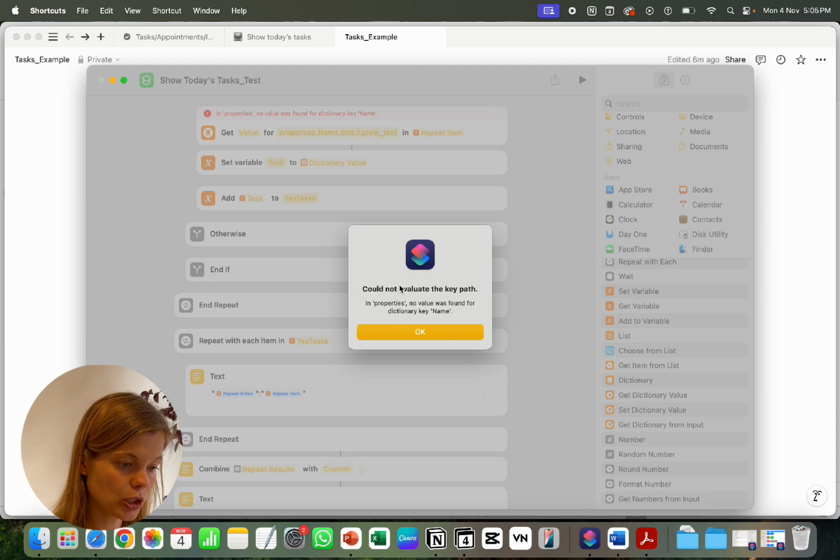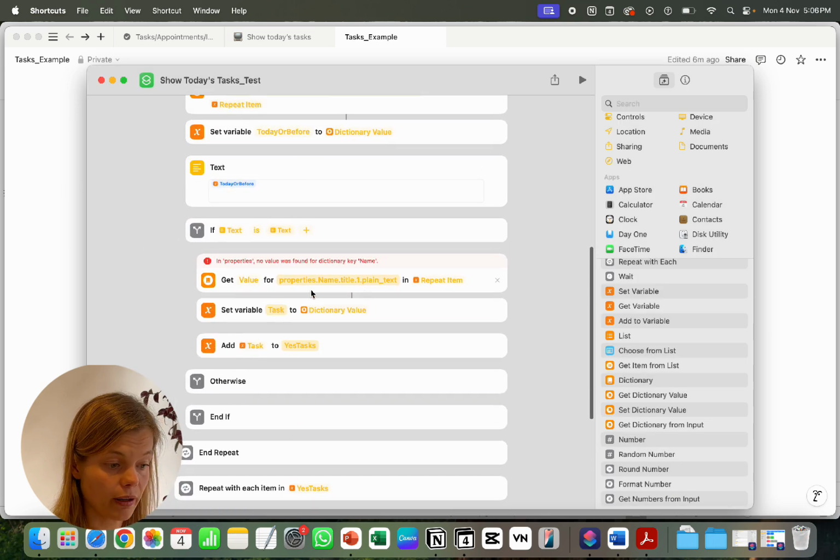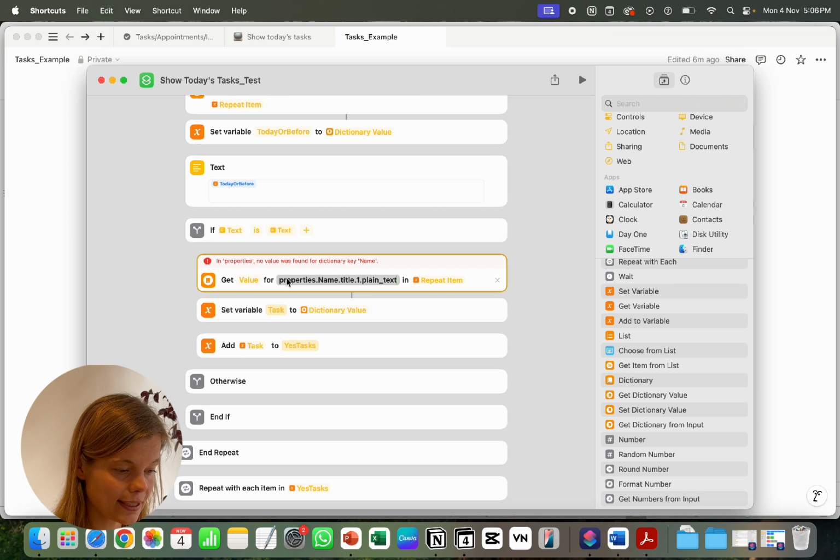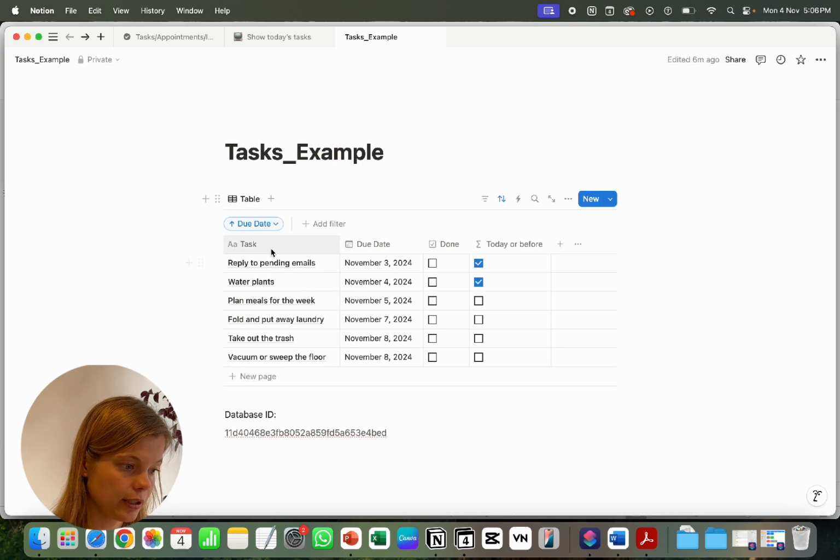Now we get an error message, could not evaluate the key path because in properties no value was found for the dictionary key name. What does it mean? So we also see here where our error is. It is in here, and I already have an idea what could be the reason. So this is how you call the title of your database item through the Notion API. But here we have our title property has the name task and not name. So what we have to do,